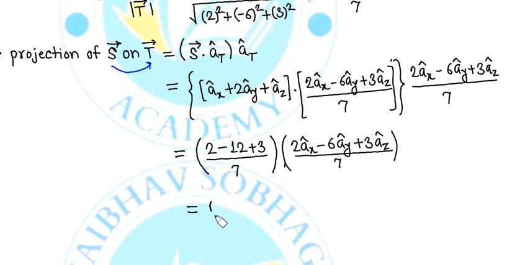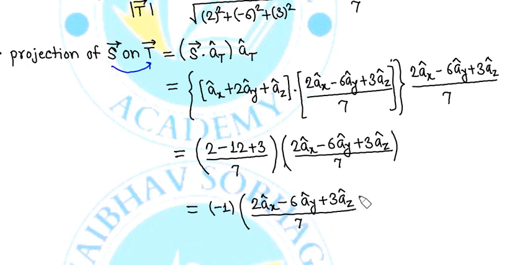So your very first bracket will be what now? Minus 2 plus 12, sorry, plus 2 minus 12. So minus 10 plus 3 will be minus 7, and minus 7 divided by plus 7. So that is what? We have minus 1, and keep this second bracket as it is for now. Now using calci you can find out the value for that 2 by 7, then minus 6 by 7, and this plus 3 by 7, which is in the denominator,